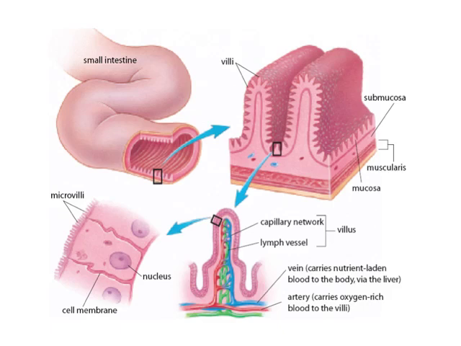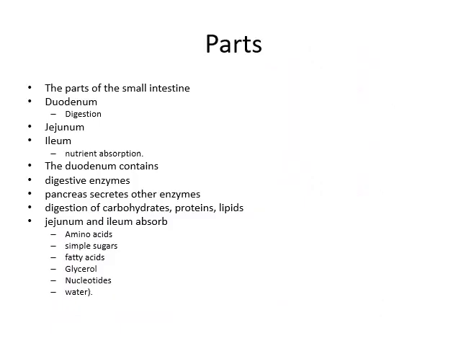Now if you consider the small intestine structure, there are the mucosa, submucosa and muscularis parts. The small intestine is divided into 3 main parts: duodenum, jejunum, and ileum. The duodenum is involved in digestion, whereas the jejunum and ileum are involved in nutrient absorption. The duodenum contains digestive enzymes, and these enzymes are